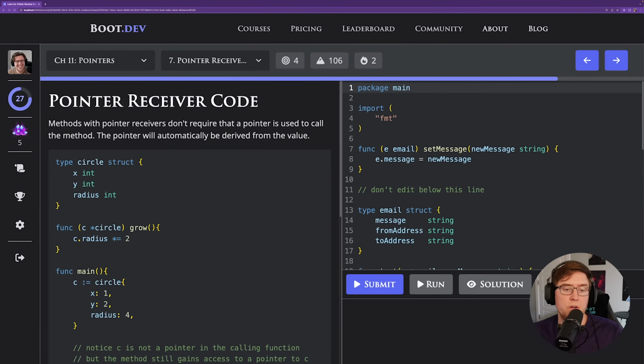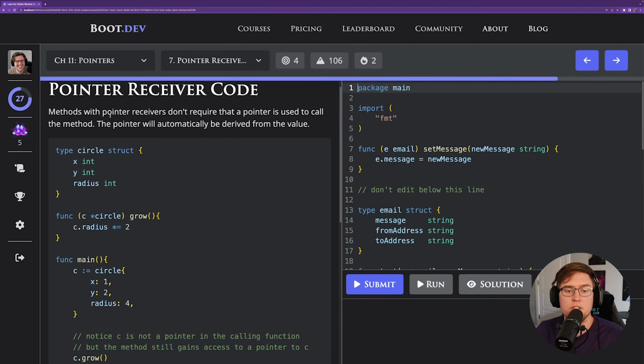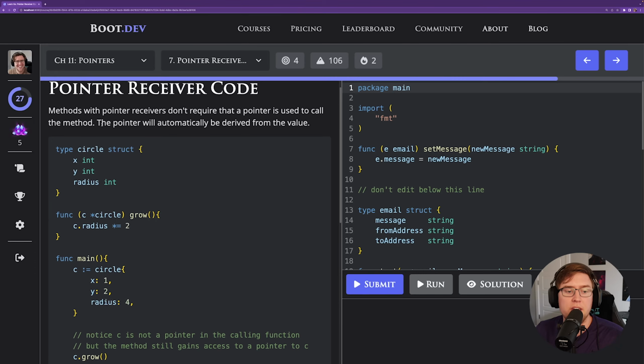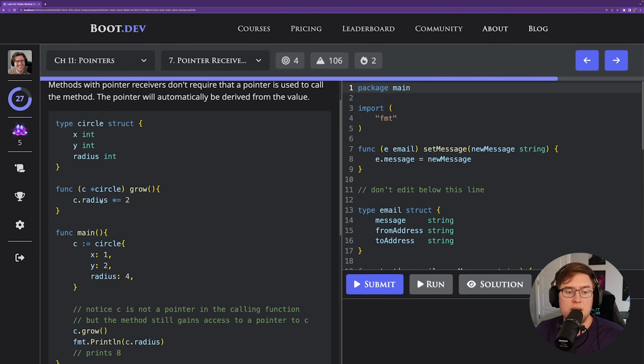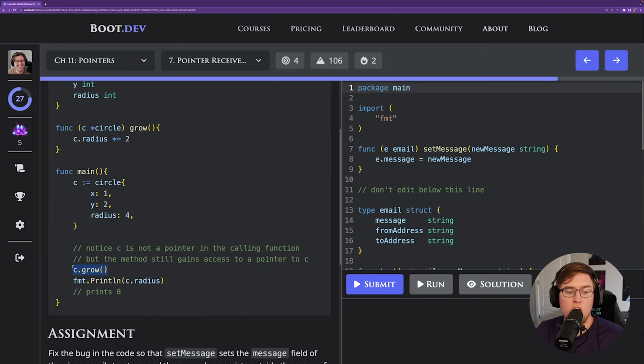Now, when it comes to pointer receivers, one thing that's important to understand from a syntactic point of view is that even though the input on the left-hand side, the receiver, is a pointer, when you actually call the method,